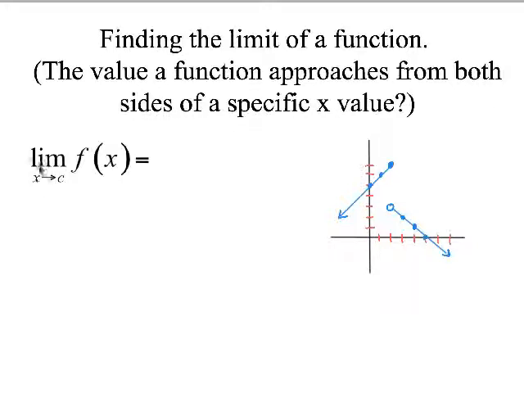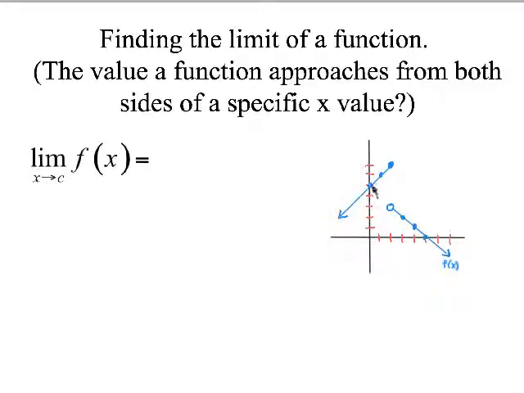So if I'm taking the limit as x approaches c of f of x, well, let's assume this graph here is f of x. F, that's the name of the function. And what it's saying is the limit as x approaches c. So c is an x value. So what if we said c is 0? Are you okay at 0 here? What are you approaching from both sides